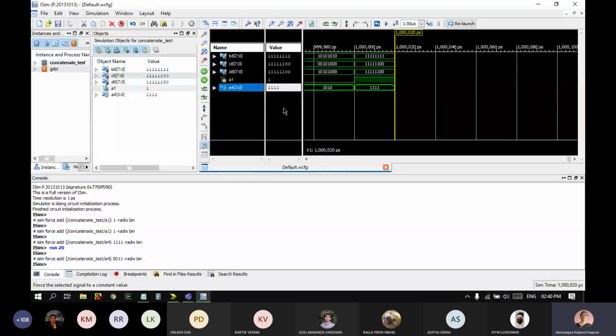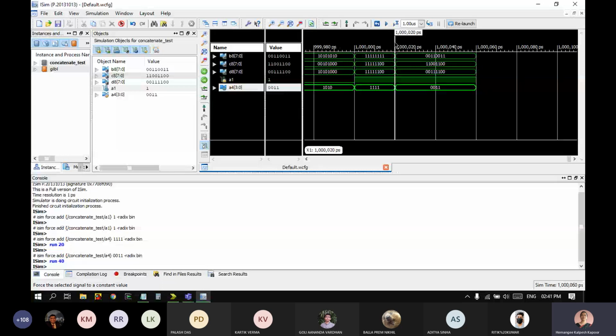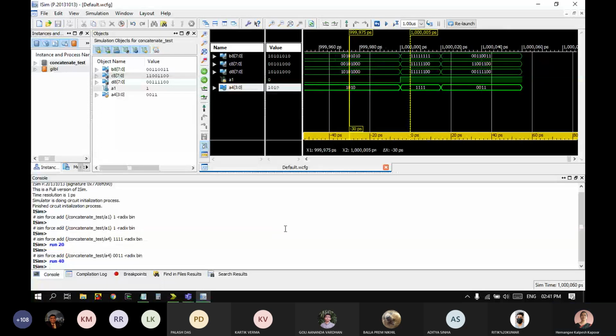Okay. So this time, if you see, my cursor was here, the yellow line. And at this instant, we gave the new values and we have the effect on the output. And for 40 nanoseconds it ran. So you can see this is 20 and here it is up to, so from 10 to 20, so 40 time units it has advanced with the new set of inputs and then it stops execution. Okay, so this is how you can give values using this area also and run using the console.